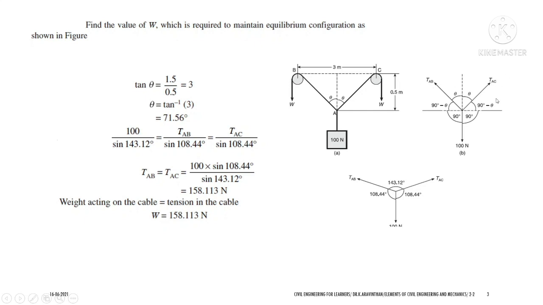Okay, so there is no angle which is given from the vertical. You have to find the angle, and they have given the distance between the two pulleys, and from center to center distance you have 3 meter, and the height will be 0.5 meter, which is the triangle height. You can see a triangle here which is having a base of 3 meter and height of 0.5 meter. You can take it as a right angle triangle, and you can find the angle here.